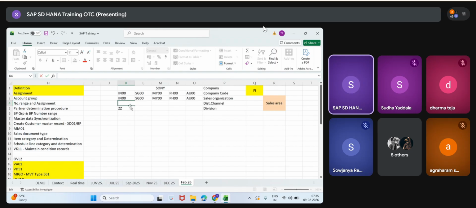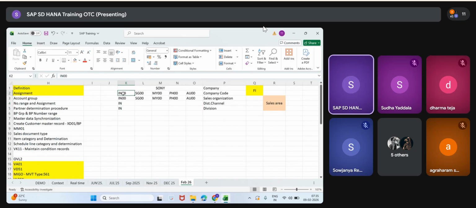For our understanding, I'm giving these first two letters. Division and distribution channel. And second, sir, you are giving 4 digits, 2 digits. How do you remember? By practice only. This is the 4 digit space. This is the 2 digit space in the system also.